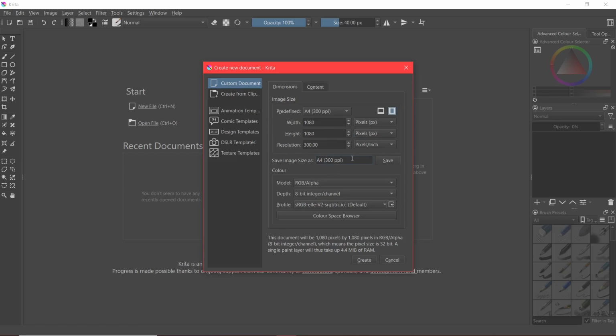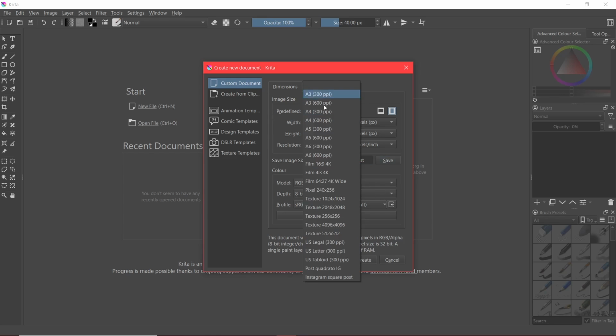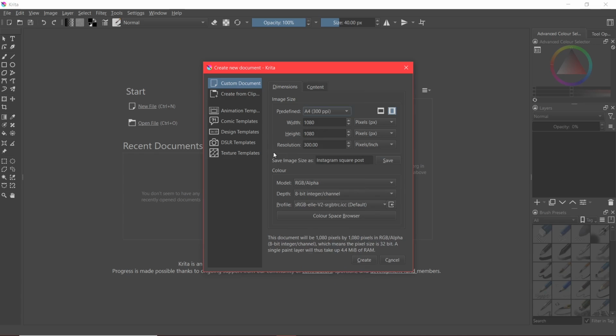So you can save it here by typing in a title. So let's call it, for example, Instagram square post. We can click on save. And now when we scroll our predefined, we will find it here at the bottom, Instagram square post. We also have right below the option to modify the resolution. And don't worry if you have already saved your measurements, this can always be modified after, nothing is set in